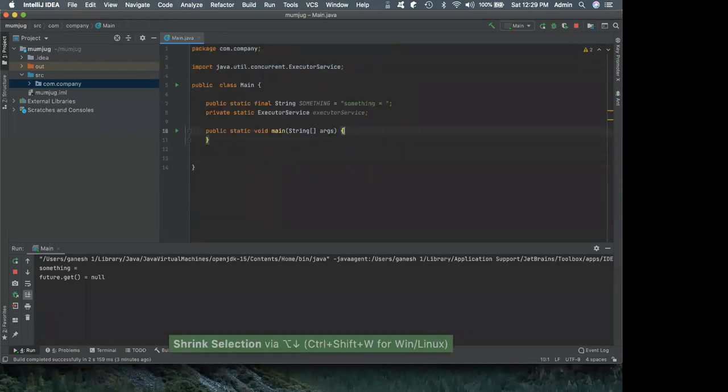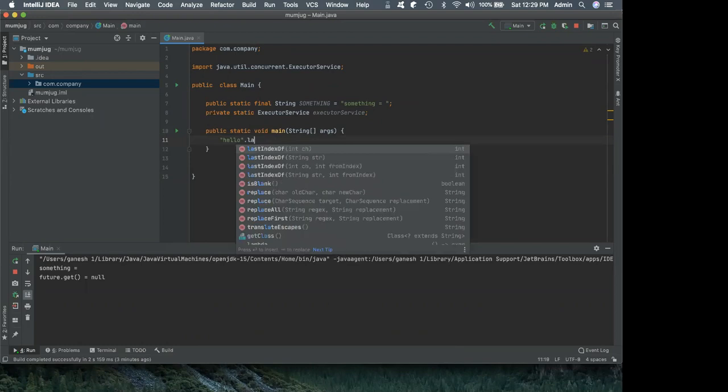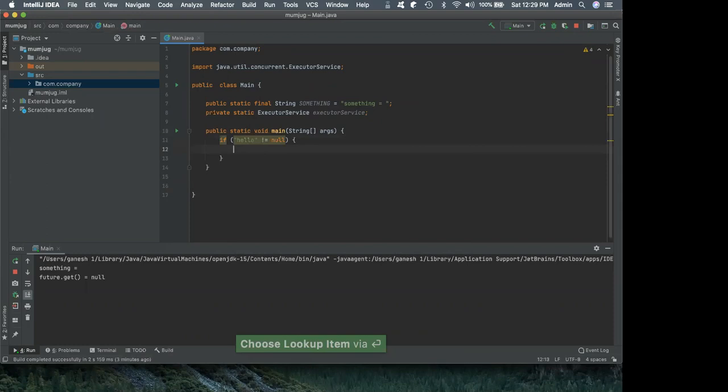Let us say we have some code which does some action. We already saw some example of code which does some action. So if args, okay, right? And so hello dot result, right?